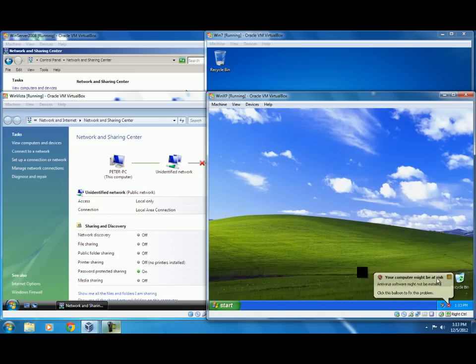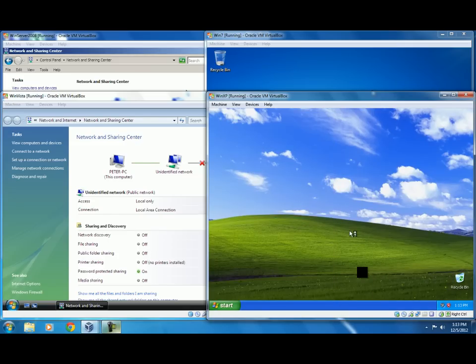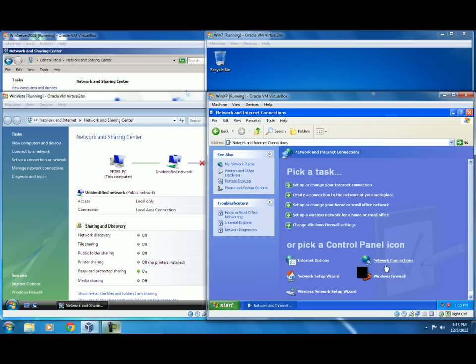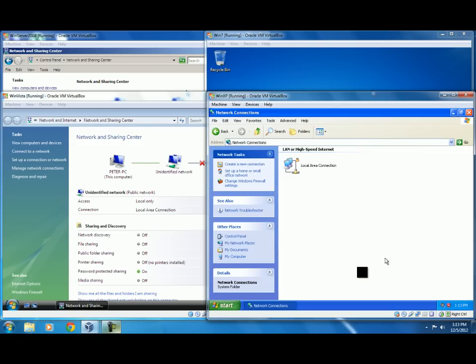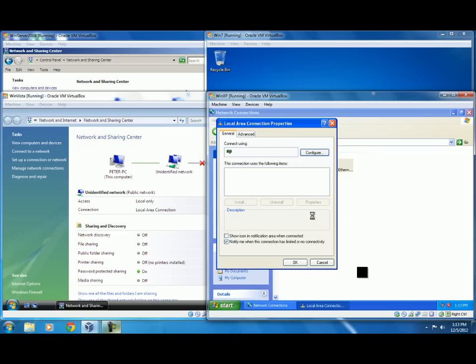Now we will go to Start, Control Panel, Network and Internet Connections, Network Connections, and here we will see the local area connection appearing now. We right click on it, go to Properties, go to Internet Protocol,